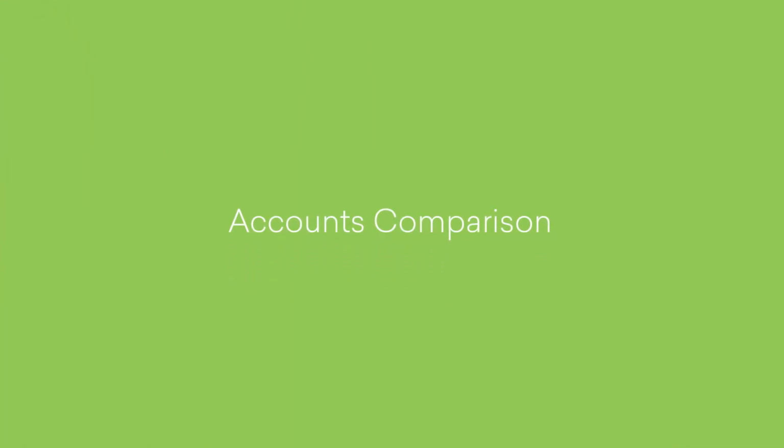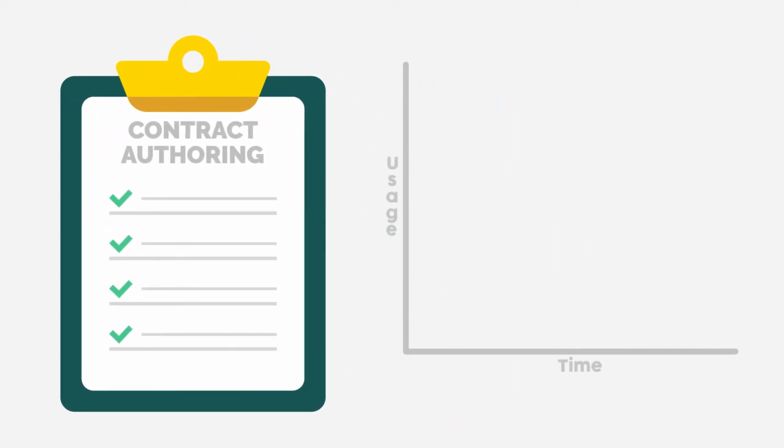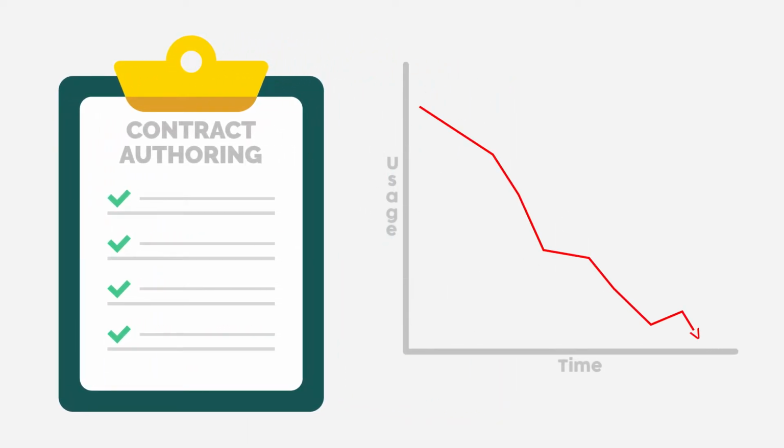Accounts comparison. Accounts comparison allows you to compare different segments of accounts based on specific metrics. When you can understand what factors affect success within these segments, you'll be better able to understand and target these customers' issues directly. For example, you can analyze the usage of a particular module, say contract authoring, by unhealthy or churning accounts versus all accounts to understand if this feature is being underutilized by a certain segment of accounts.